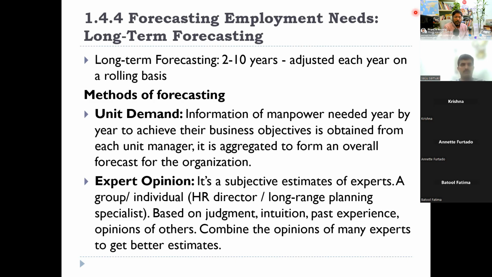So let me give you one case study. A manufacturing company is a leading provider of automotive components, with a global presence. This company operates multiple manufacturing facilities, and they are facing challenges in forecasting long-term manpower needs due to fluctuations in market demand and also technological advancements. This is a challenge. You are planning, but then there are a lot of disruptions happening in terms of